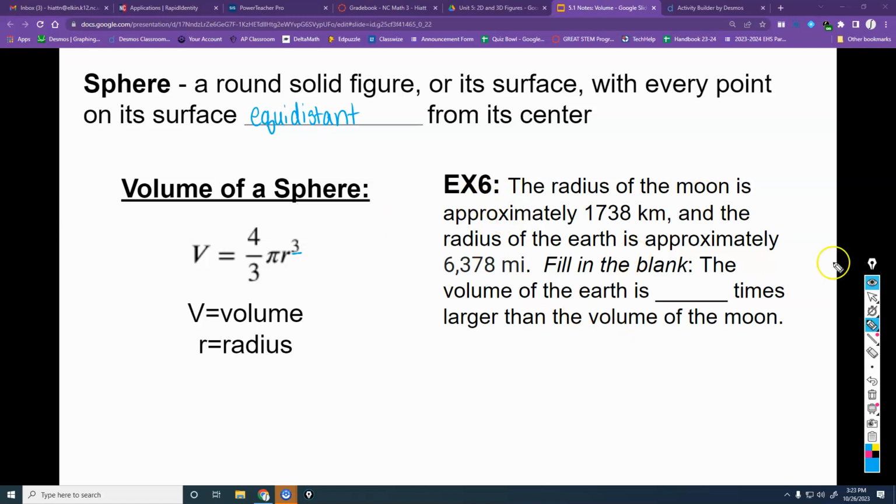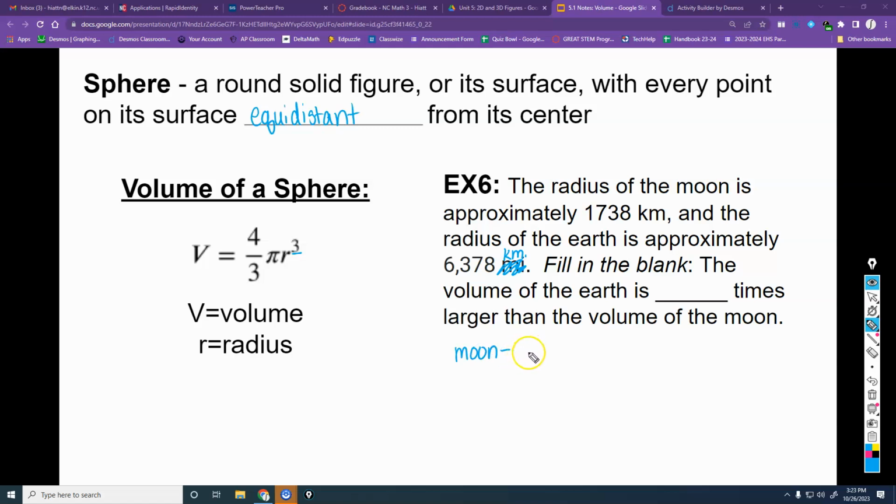So we have a word problem over here for this one. It says the radius of the moon is approximately 1,738 kilometers, and the radius of the earth is approximately 6,378. That should have been changed to kilometers. I didn't change it whenever I changed that. It asks us, fill in the blank: the volume of the earth is blank times larger than the volume of the moon. So in order to answer that, we have to find the volume of the earth and the volume of the moon. So for the moon, we would do